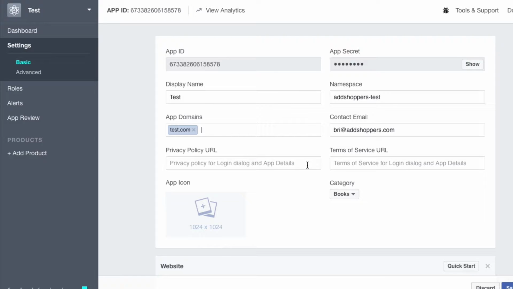And then you're going to need to put in your privacy policy and terms of service URL, and you'll just use the same URL where you already have these on your site. So I'm just going to type in some dummy data here. And then you'll want to upload your app icon in 1024 by 1024 format, and then